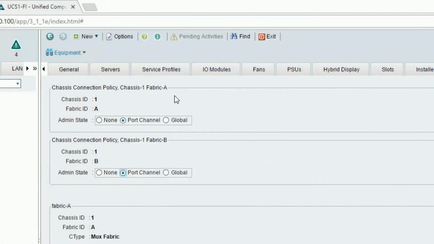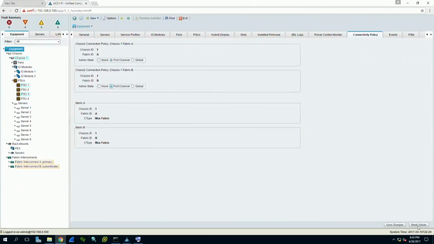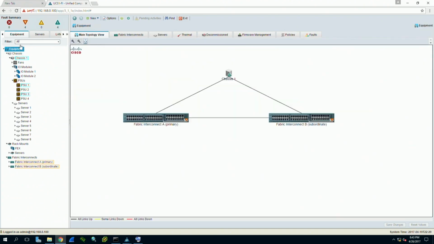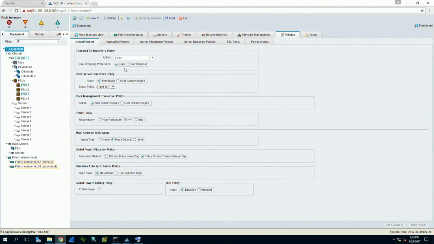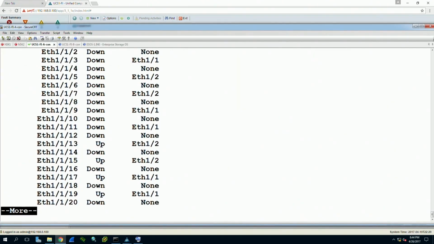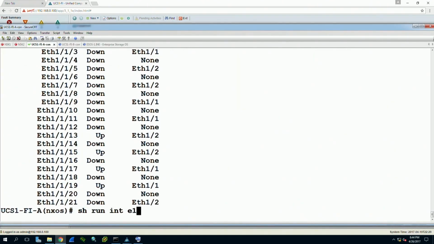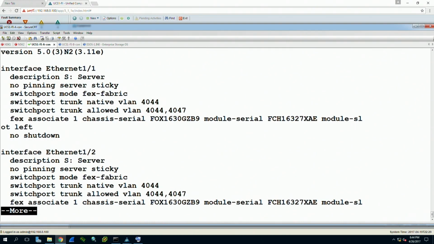Okay, so instead of setting this on a per chassis basis, I'm just going to set this globally. So I'm going to reset the value, so go back to the default. We're going to go under Equipment, Equipment, then under Policies, set the link grouping preference to port channel, save the changes. Then if we go to the CLI and we look at the show run on interface E1/1 to 2,